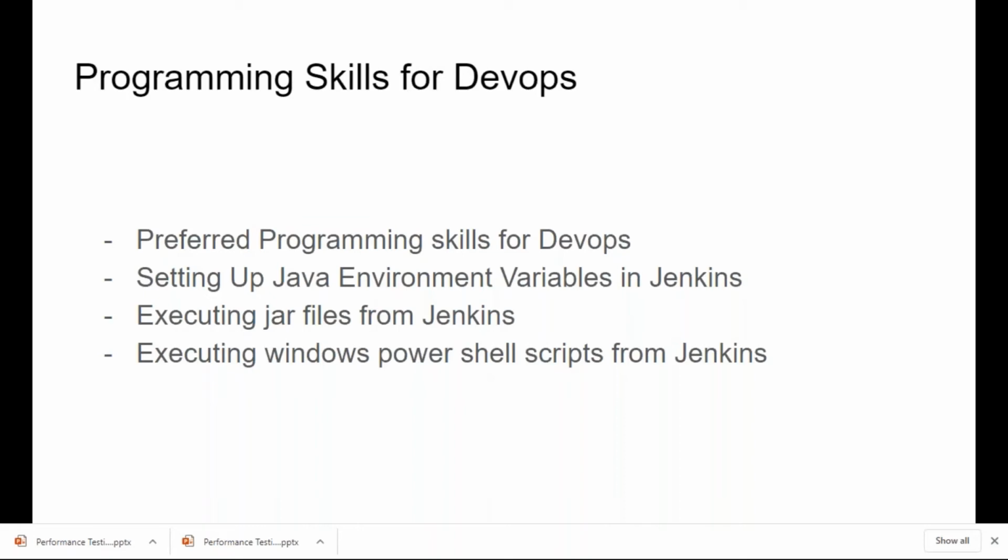So far, whatever you have seen wouldn't have required a lot of programming skills. Probably using Selenium, you might need a little bit of Java for sure. But with Slack, with GitHub, with integrating your JMeter scripts to Jenkins, all these things will not require a lot of programming skills. Even if you have very basic skills, whatever we have seen so far, you'll be able to pretty much do it on your own.